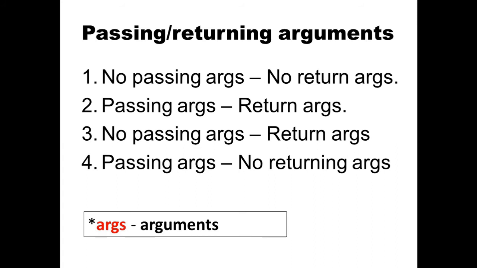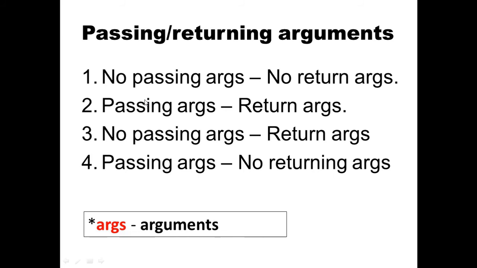There are 4 types of passing or returning arguments. It is a very important point. If you go for any job interview, they will ask you this. What is a passing argument, a returning argument, how many types are there, and why do we need to pass an argument. If we are accepting a method's result, how will we define which data type it is, how can we accept it with the same data type. All these things will come up.